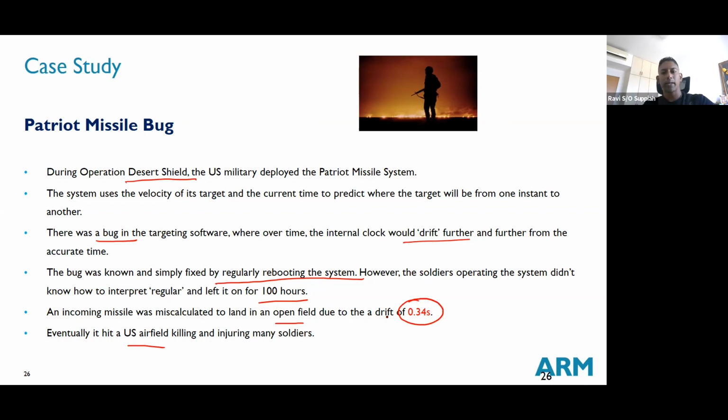All right, so again, you can see it is a very simple thing which could have been easily resolved if the engineers just put in an auto reboot prompt. Correct, that means if you know that the system tolerance is maybe 0.1 second, the moment the drift is 0.1 second, you automatically issue a warning that you cannot use the system until you reboot. So that would at least force the user to issue a reboot before you can continue using, just like your